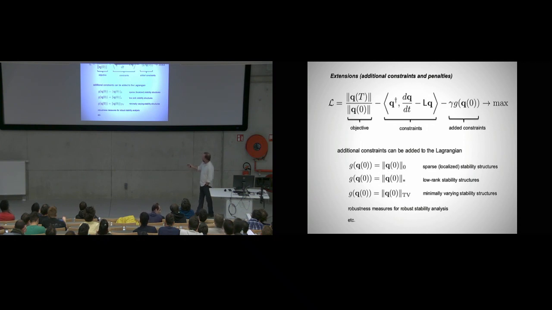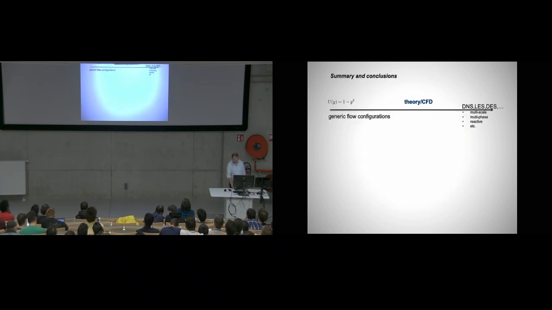Okay? So for example, you can say, I want to have a structure that is least sensitive to changes in the Reynolds number. So that asks for robustness. Okay? Things of that sort. So the possibilities are almost limitless. So, in summary,